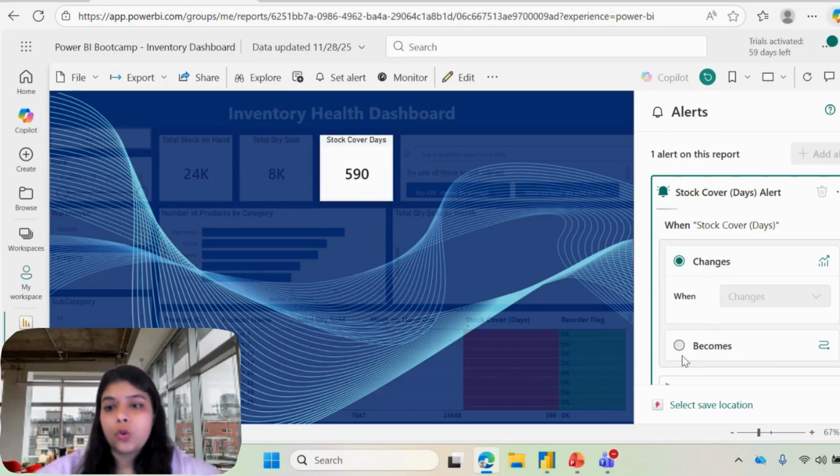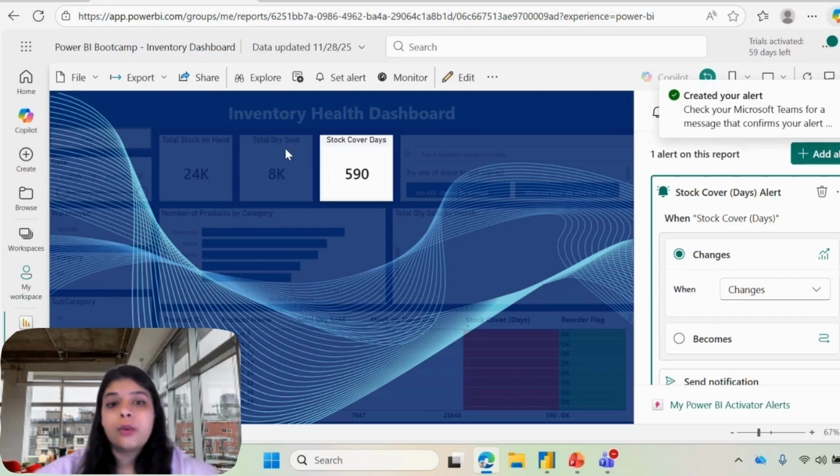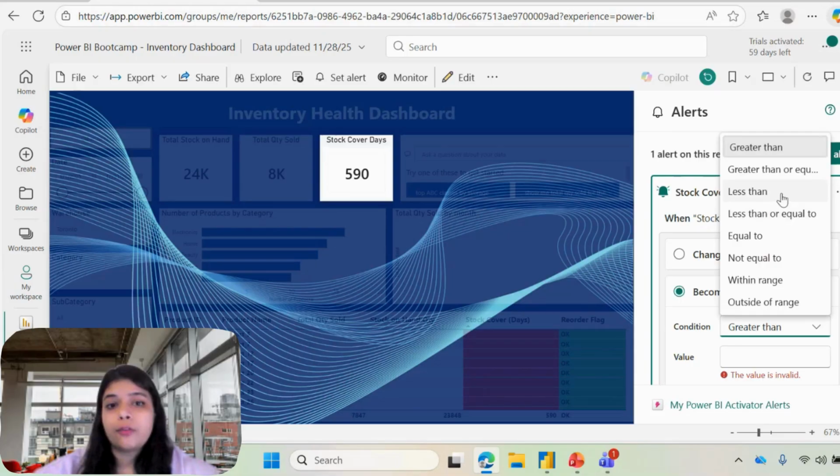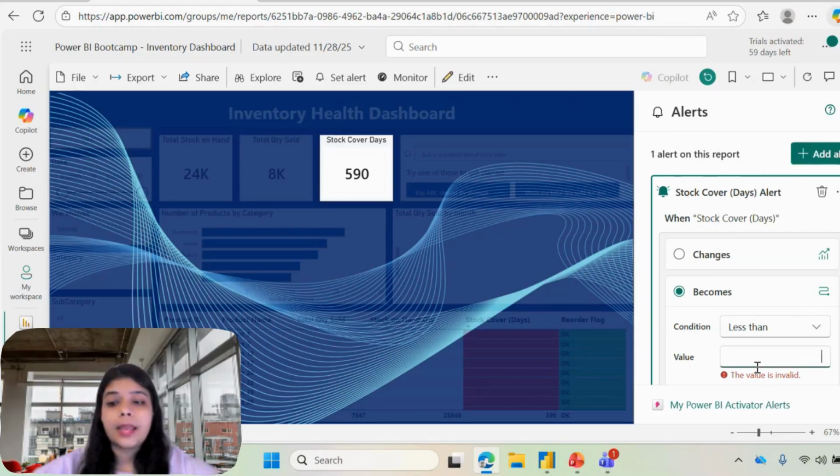and then you get two options, changes or becomes. So changes, if I don't hit anything, whenever there's a change, either an increase or decrease in this number, I will get an alert. But I do not want that. I want to set a specific criteria. So I hit on becomes, and then I set a condition that if my stock cover days become less than,